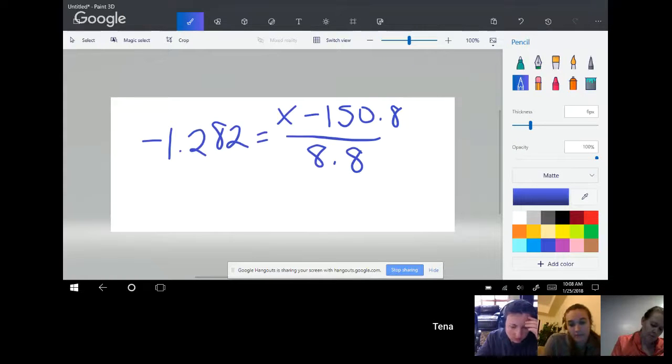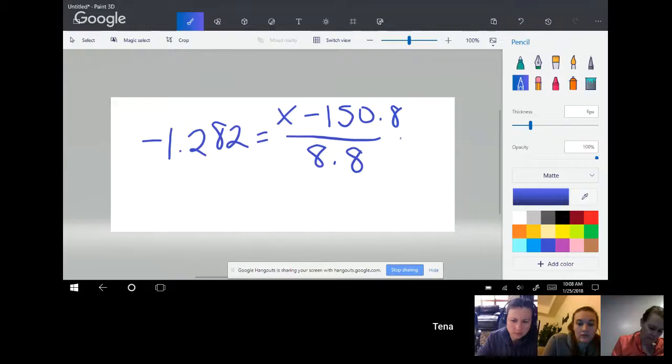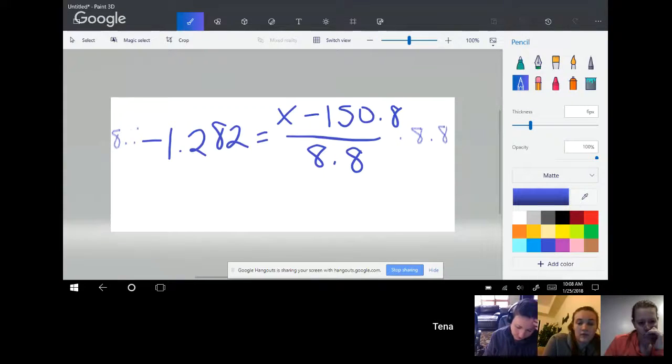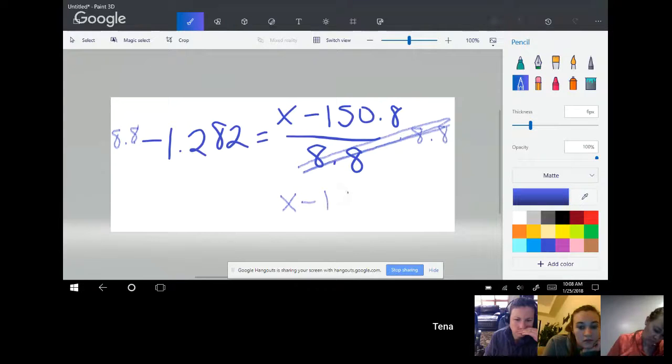What we're trying to get rid of right now is going to be the standard deviation, the 8.8. So then we would multiply by 8.8. Can you see that? Okay, so we're multiplying both sides by 8.8? Yes, both sides by 8.8. And that would cancel out on the right side. That would get rid of both those 8.8s. And that would leave us with x minus 150.8 equals